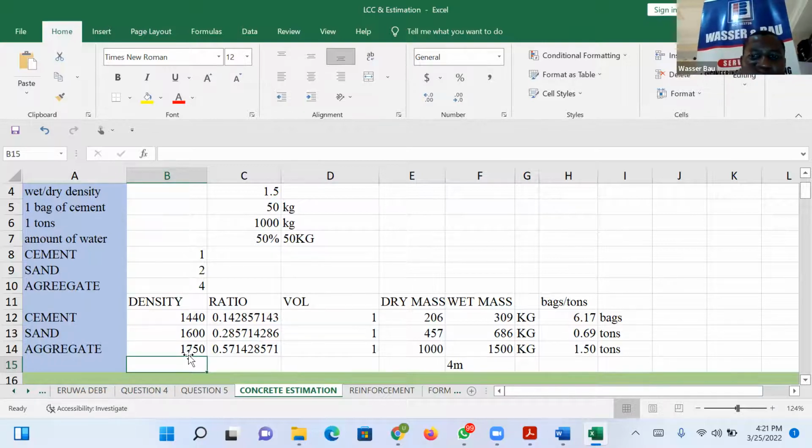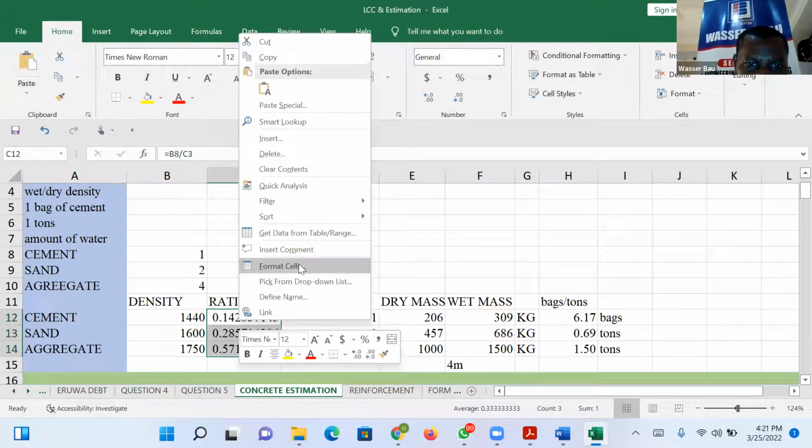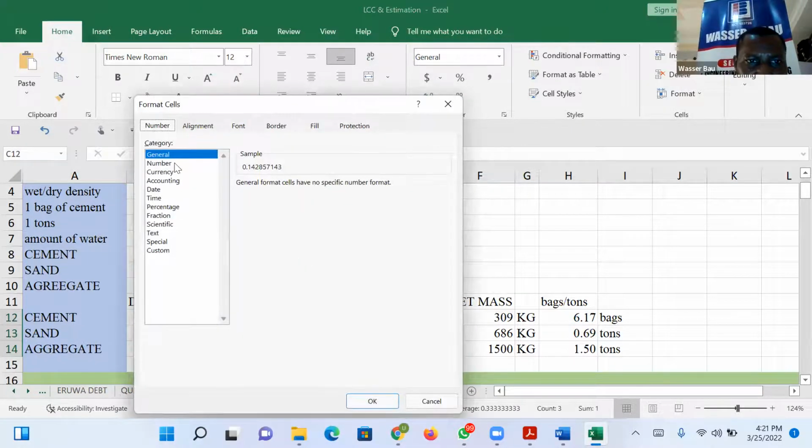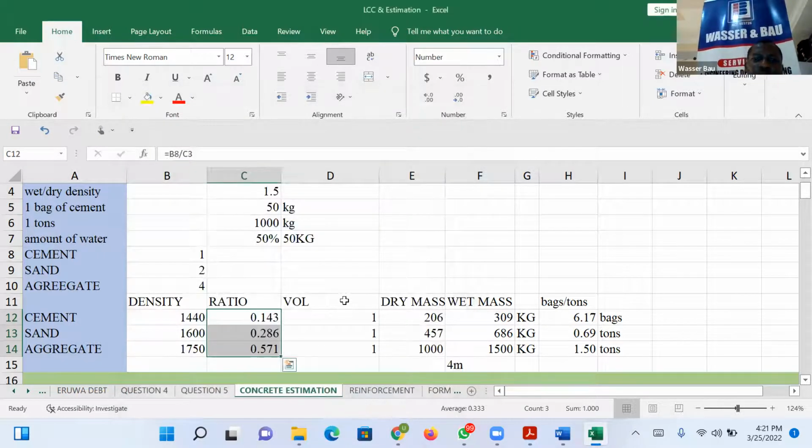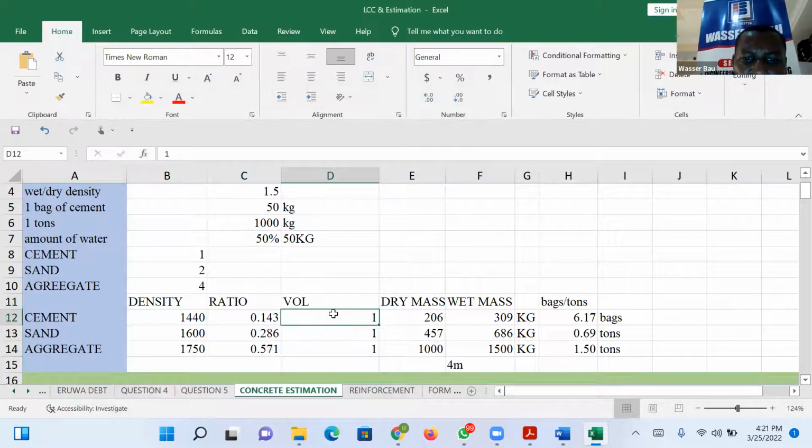And that's the beautiful thing. So this ratio, let me format this to 3 decimal place. So I right click on it, format cell, numbers, 3 decimal place. Good. So what volume are we looking for? 1 volume, 1 cubic meter. So I will now come here,